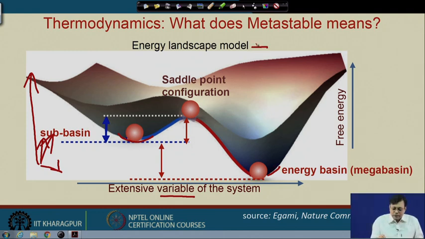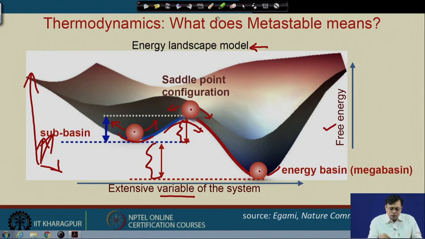So, this model has been adopted from a very well known model called the energy landscape model, and we again put these 3 different conditions of a ball where free energy will rise, and this is called a saddle point configuration. So, once the system has to pass through this saddle point configuration, we need an activation energy, and there will be a net decrease of the free energy. So, in this basin anyway, if we want to lift this ball, there will be a net increase of the free energy of the system. This is from a very recent literature.